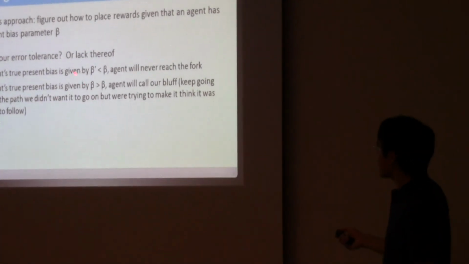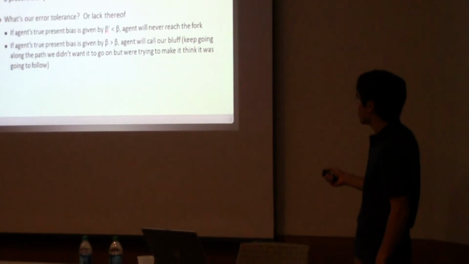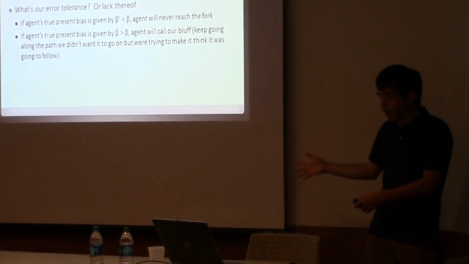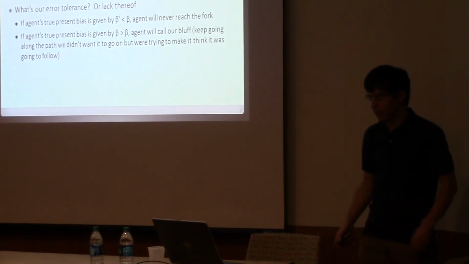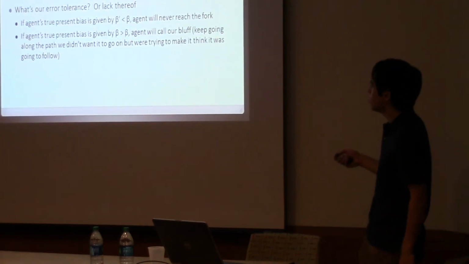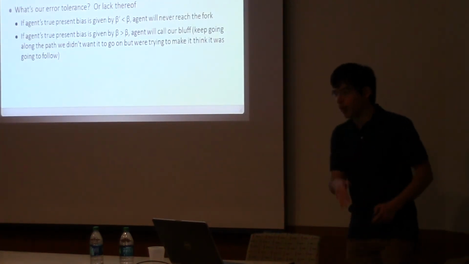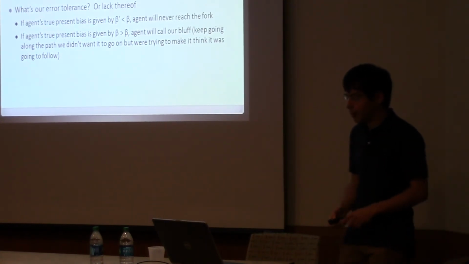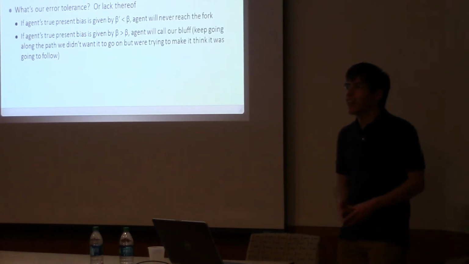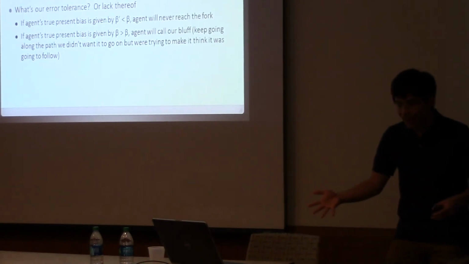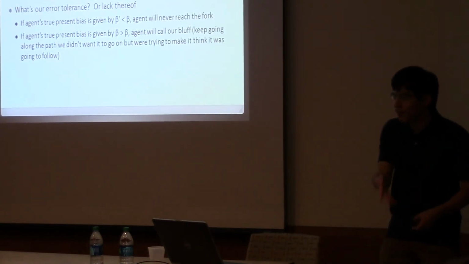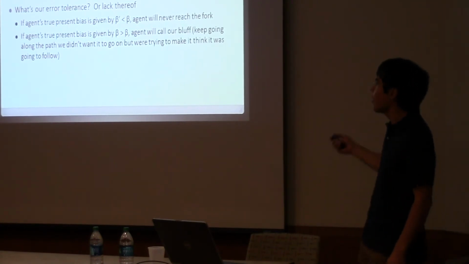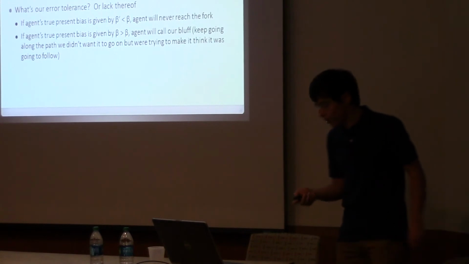If the agent has a too low present bias parameter, it will see that reward and think, yeah, it's big, but it's also really far off, and it's not worth it, so I'm not moving. On the other hand, suppose you have an agent who's really responsible, with a high beta, and not particularly biased for the present. At the fork, they'll think, great, you're giving me a huge reward, that reward's so huge I'm not going to fall for this paltry switching bonus you're giving me. I'm going to go after that reward. Then it's going to call your bluff, basically. That reward at 54 is really huge.